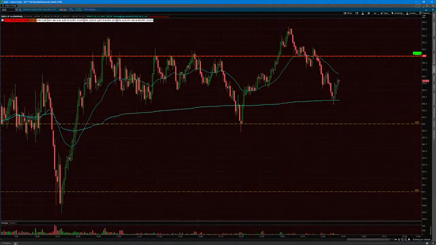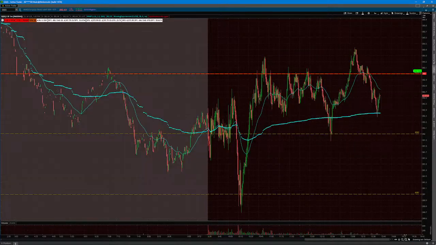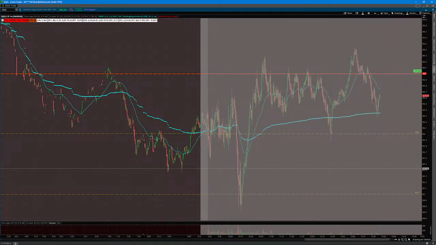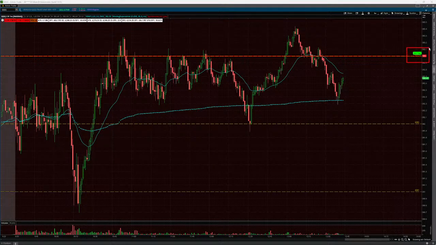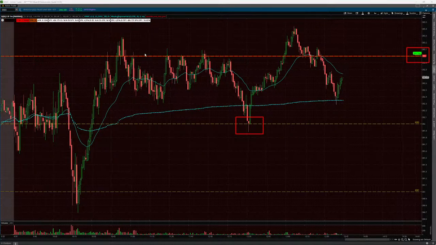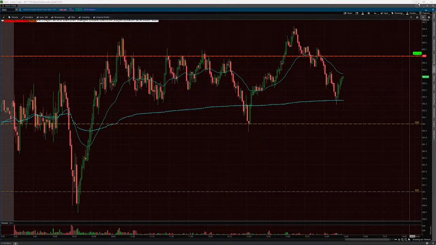I'm going to go to a QQQ chart first. So I'm showing round number levels for QQQ as well as Spotgamma levels. So the Spotgamma level in play for today is the 383 volatility trigger. And note that the 382 level did act as support earlier today. And the 383 level has acted as resistance until price broke out above and now is trading down below. All right, so let's go back to the NASDAQ futures